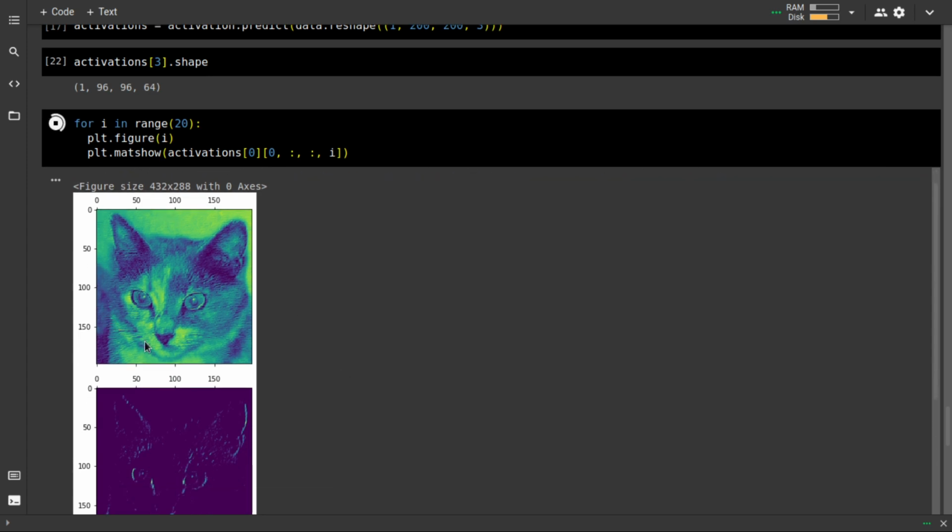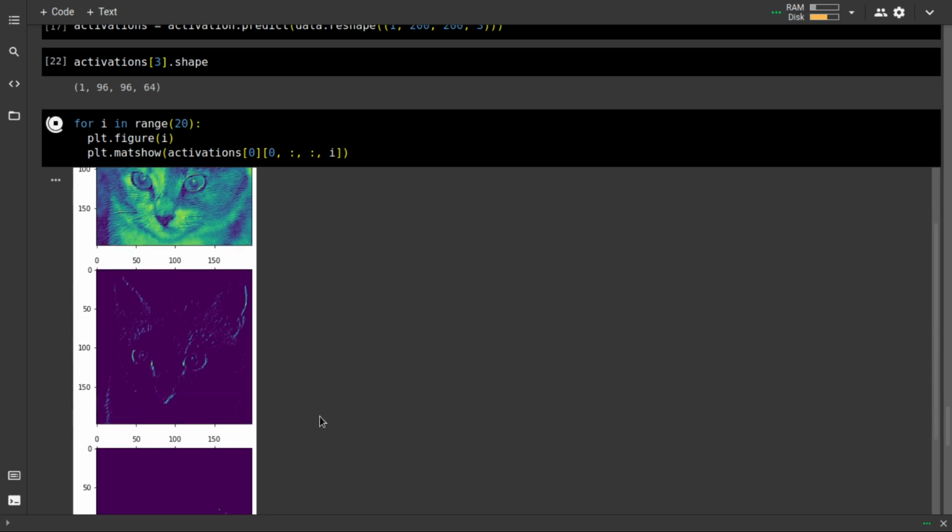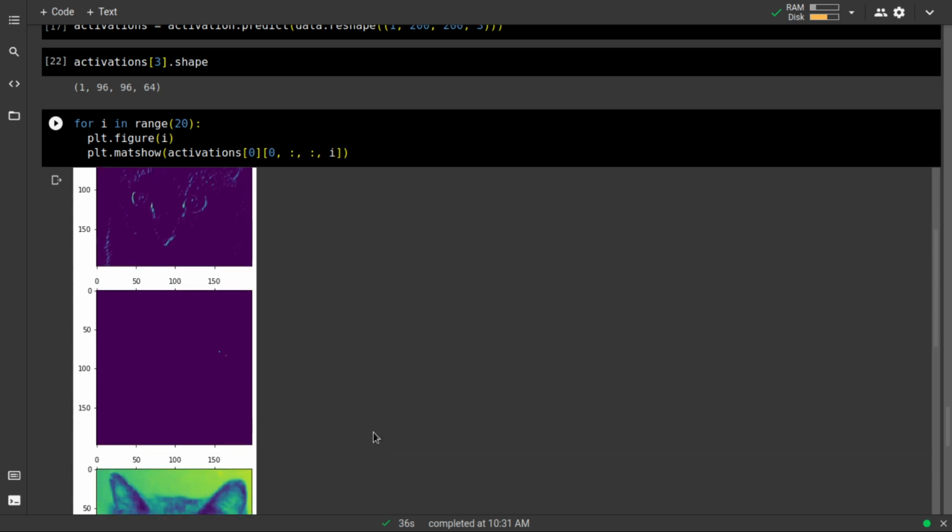In this one you cannot identify anything important that it has learned, but over here you will start to see that it is doing some edge detection, for the nose, the eyes and the ears. And coming over here, you will see that this filter was not excited. The pattern that it was searching for was not in the image, which is why we are seeing an empty filter.